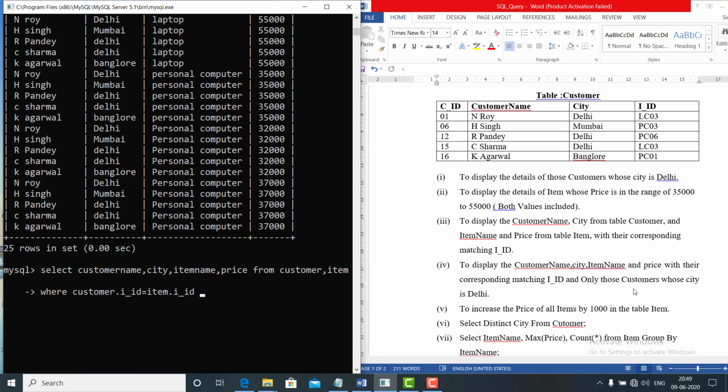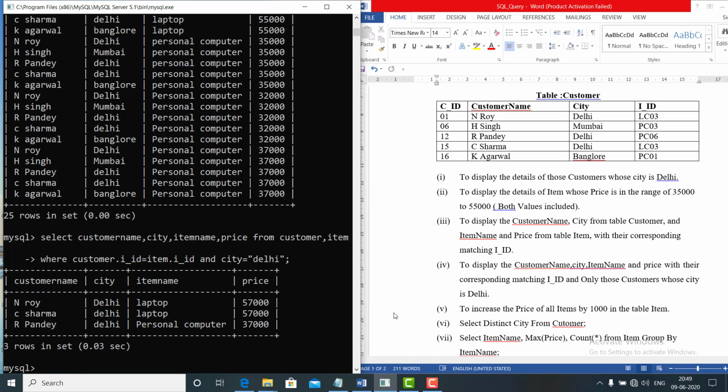But we have one more condition: only those customers whose city is Delhi. So we put one more condition with the help of the logical operator AND, and city equal to Delhi.